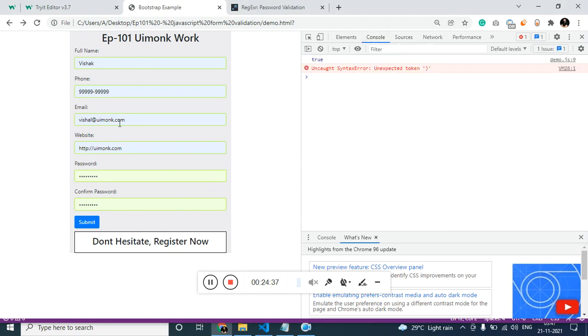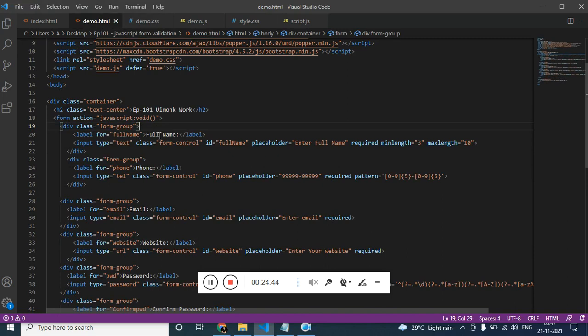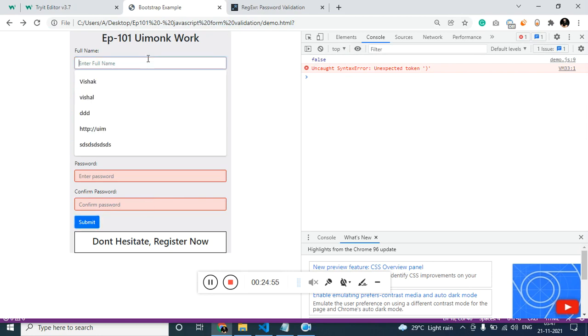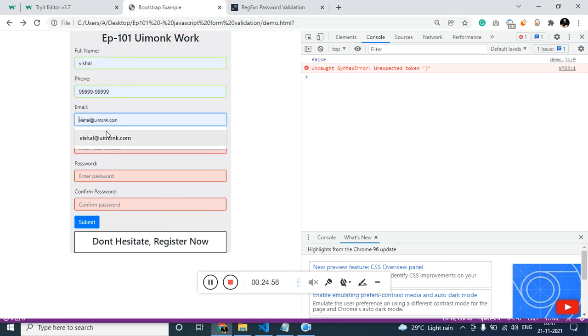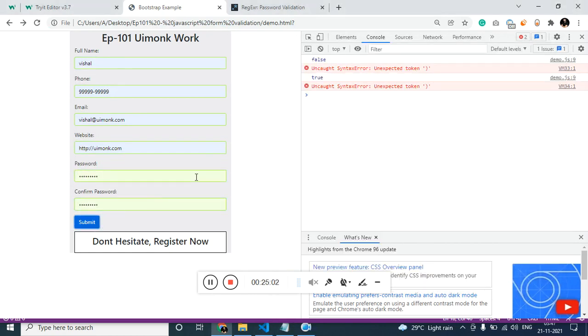As I said, it is returning true only after we fill all the values. To ignore this, we can simply add novalidate to the form, and now if I click submit, it is going to say false, and if I fill all values, it is going to return true. So based on this condition, we are going to move forward with the confirm password and password validation.